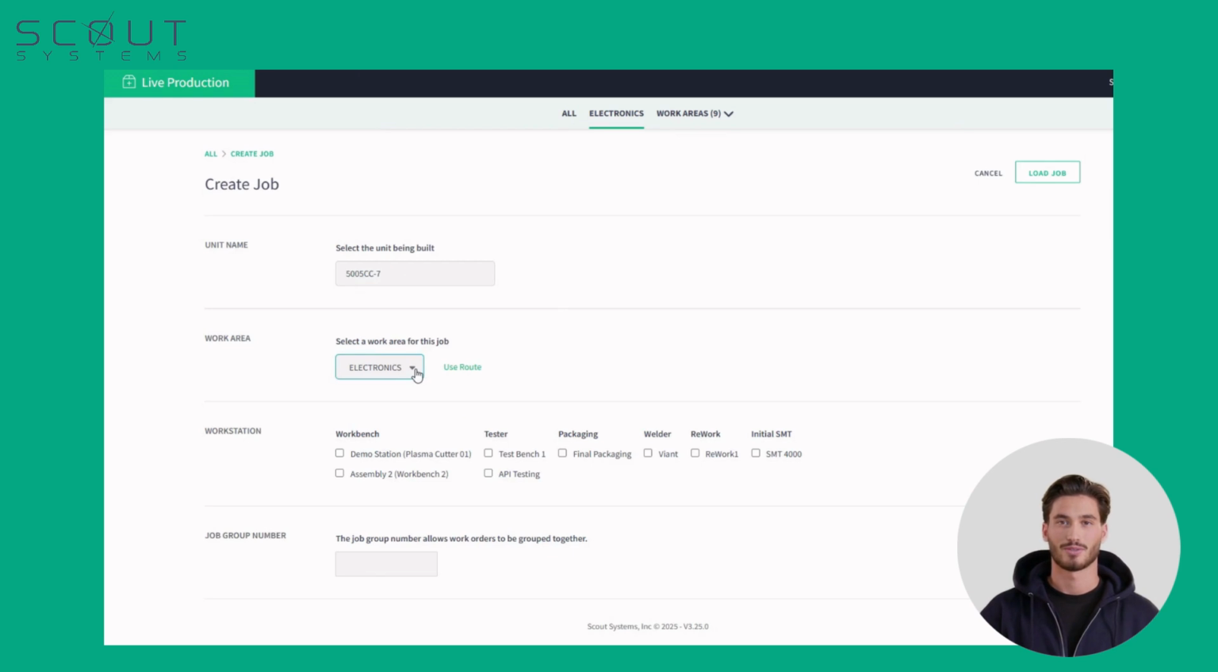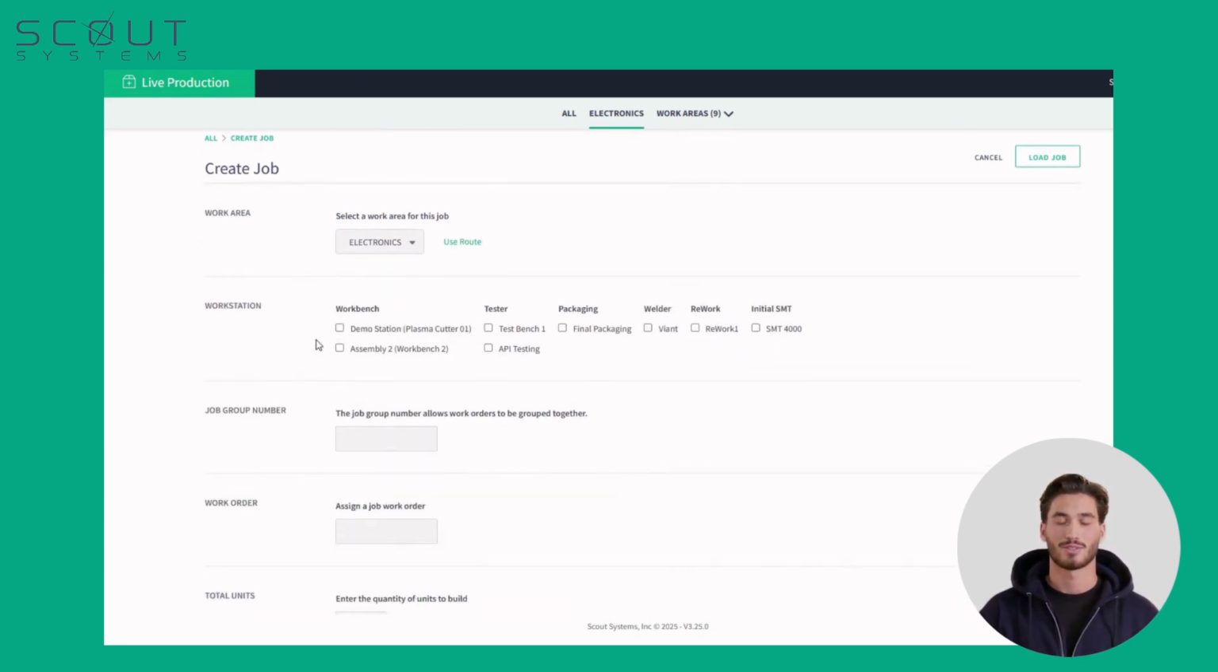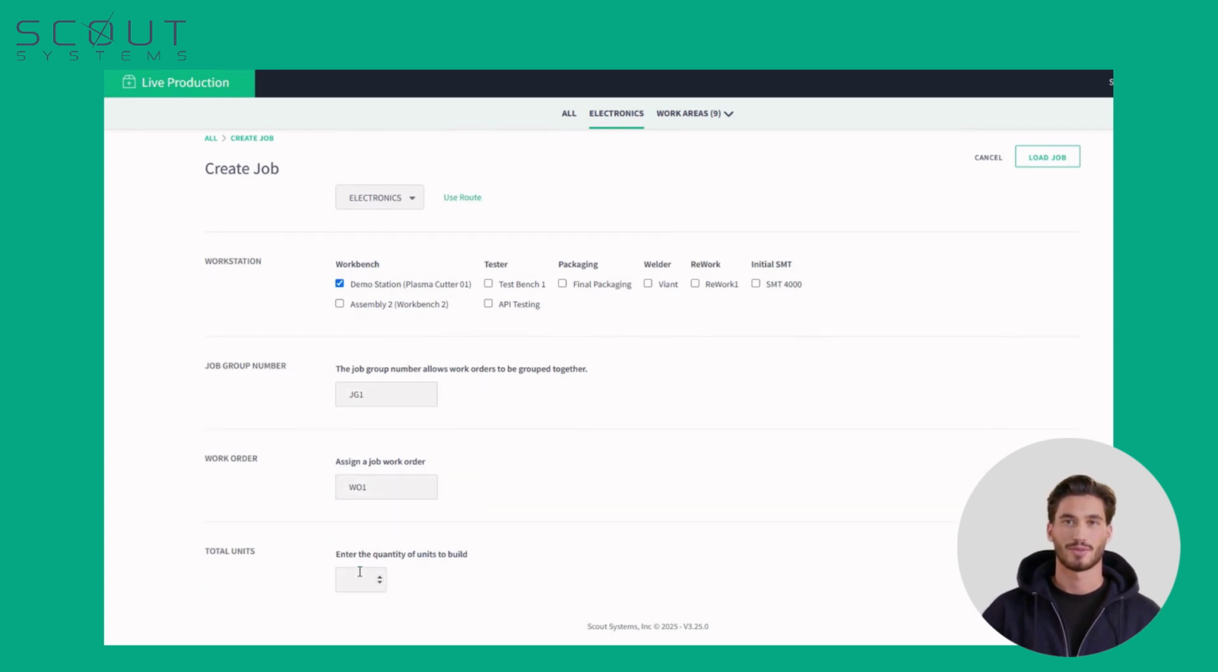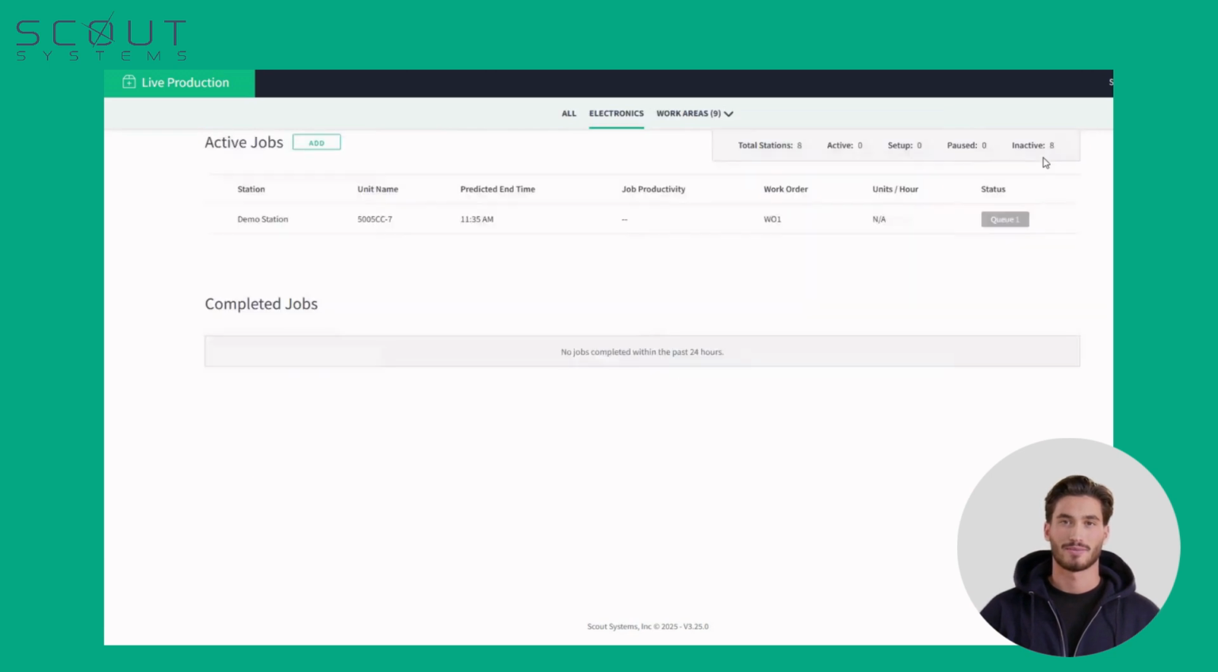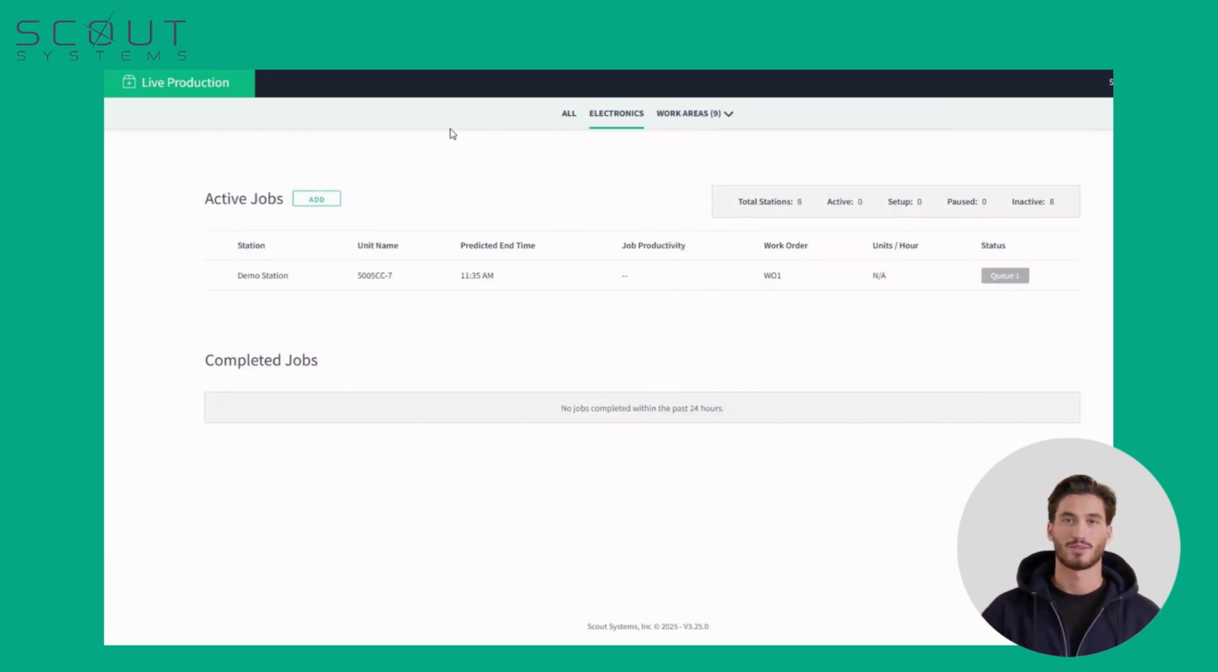Select the work area for this order, and all compass stations will automatically appear. Select the station or stations to send the job. Lastly, input the job group number, work order number, and the quantity of units in the job and press Load Job at the top right of the screen. Now we have a job showing in live production. The system will become more intelligent as it is used, and it will begin to predict when an order will